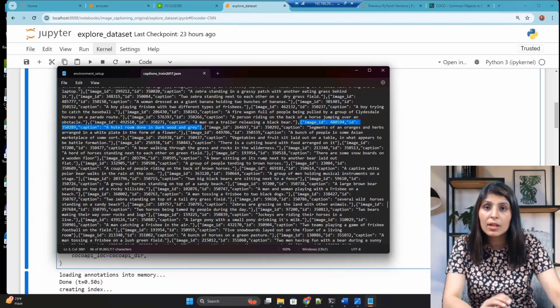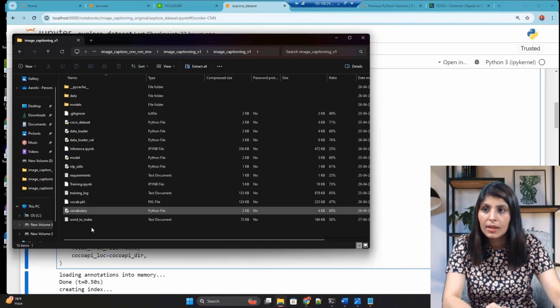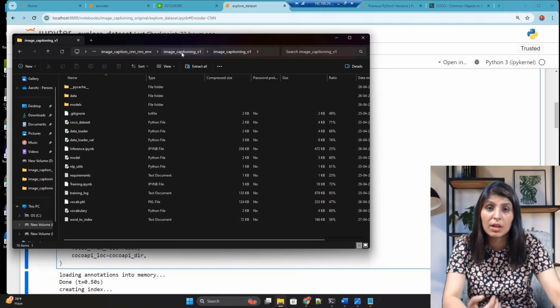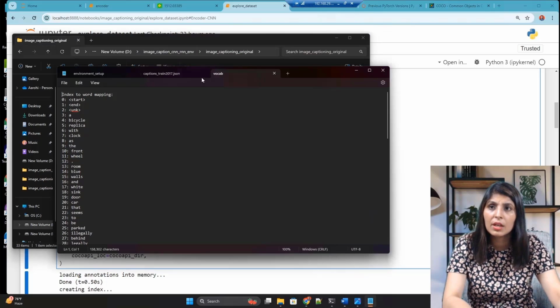Let me show you that file. Here you will see a file named vocab.pkl, a pickle file. In this file we have a list of unique words which are there in our dataset. And just to show you the output, I have also created a txt file, to show you what kind of data this pickle file holds.